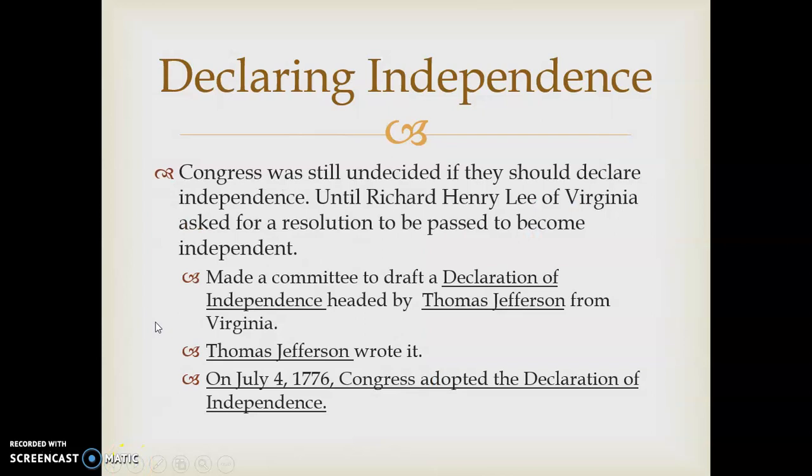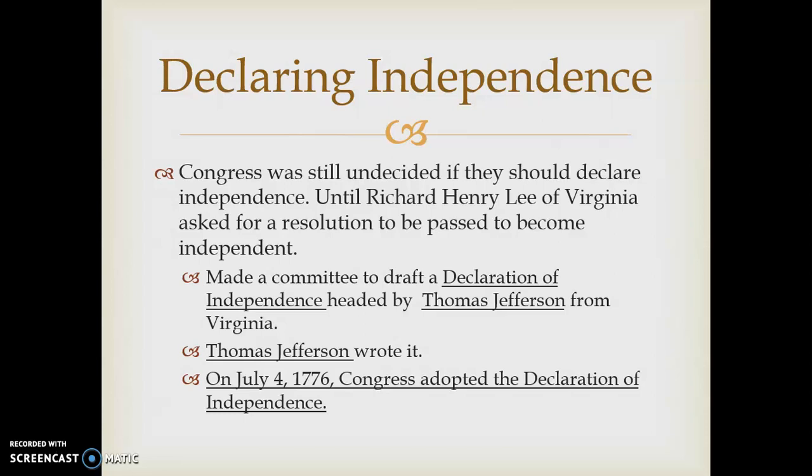And what happens is that even though Thomas Paine writes Common Sense, Americans in general are still undecided if they should actually declare independence. They were like, we're British. We've been British for 200 plus years. Well, about 150. And they decide to call for a resolution by Richard Henry Lee of Virginia. He wants the colonists to become independent because he's finally persuaded that the British will not understand unless we go to drastic measures. So a committee was created to draft the Declaration of Independence, headed by Thomas Jefferson from Virginia,